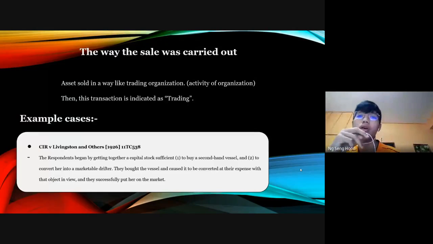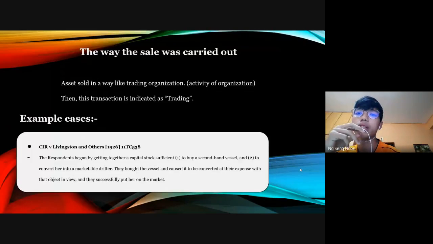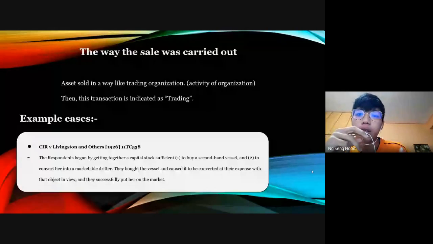Hello. This page is about the way the sales were carried out. So the asset was sold in a way like a trading organization. So it's just like the normal activity of an organization. So then this transaction is indicated as trading. So for an example, here is CIR versus Livingstone and others,